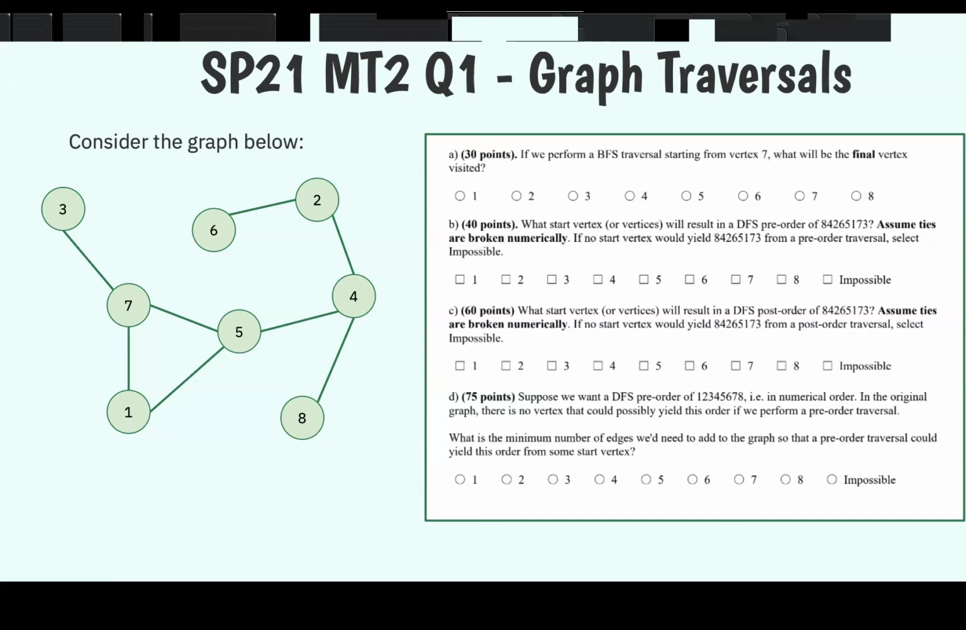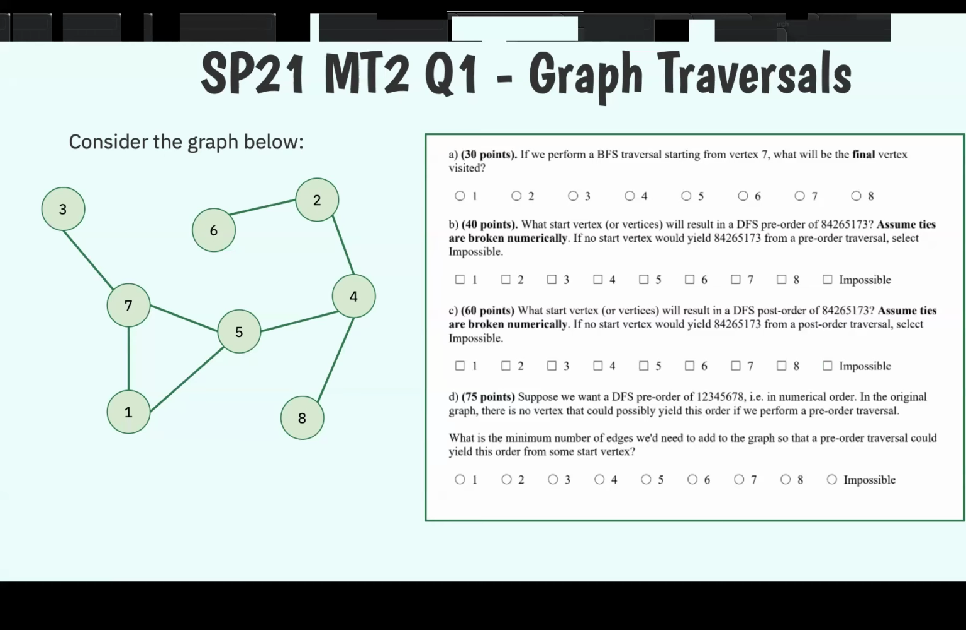All right, let's reconvene real quick, just for the sake of time. Can anyone, or does anyone want to tell me what they got for, I guess, question A? 6? Yeah. So I think you're right. Yeah. So if we run BFS from vertex 7 here,